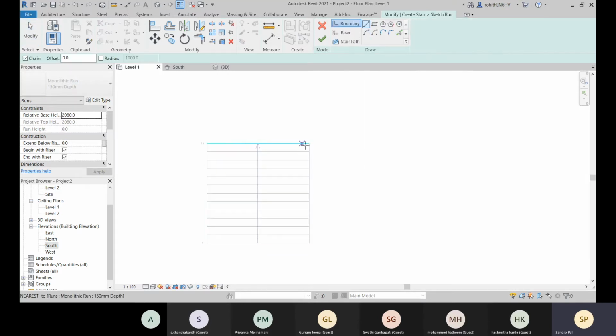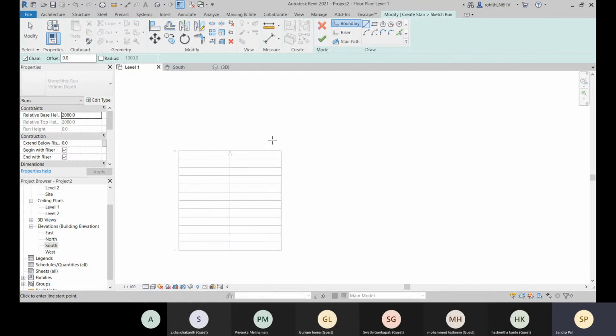Then you have to define the boundary. Suppose you are creating the boundary from this end to this end, that means you are defining that this is the up direction. It shouldn't be like that.